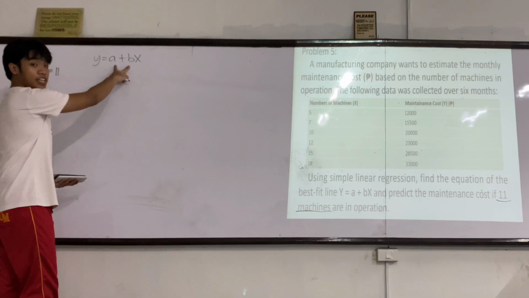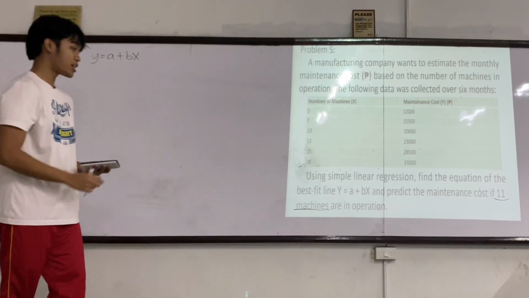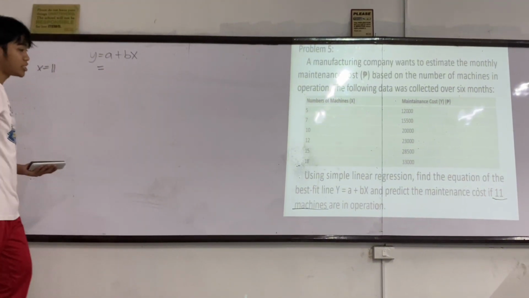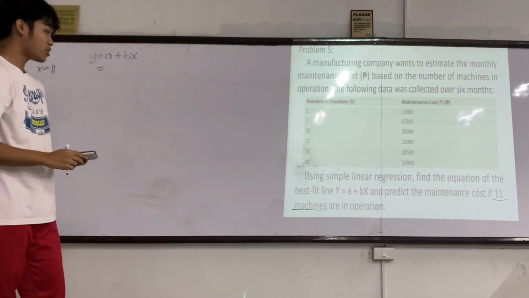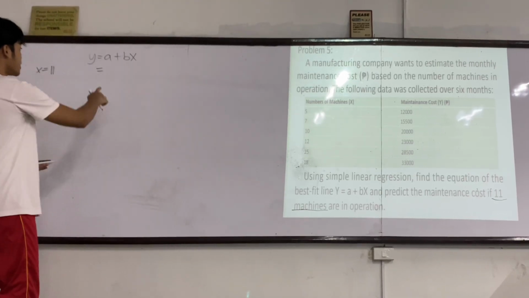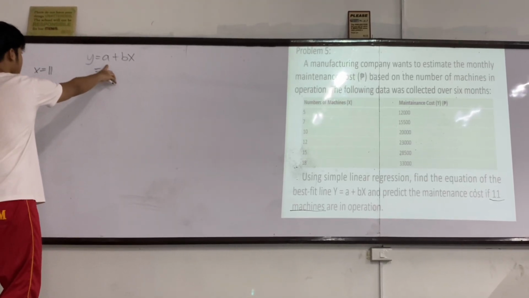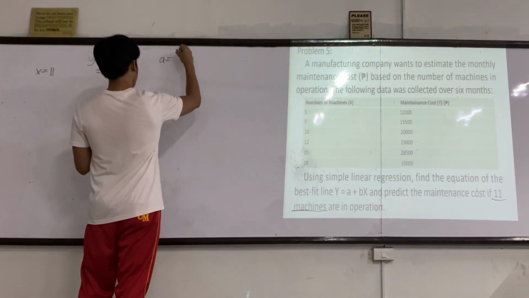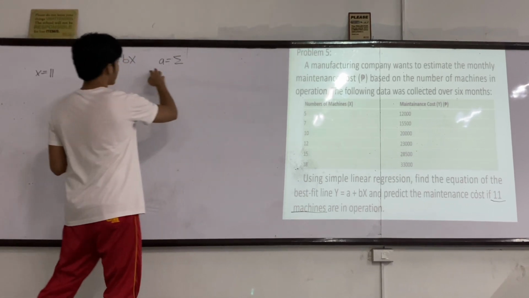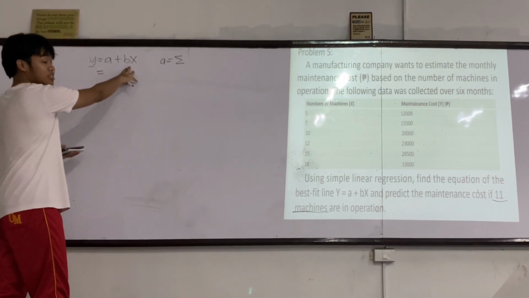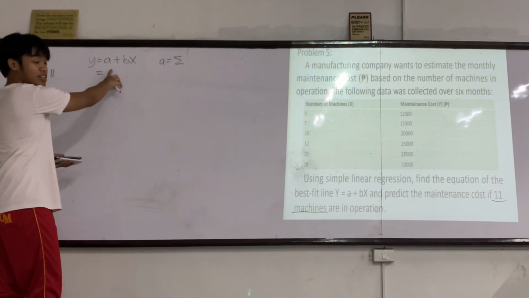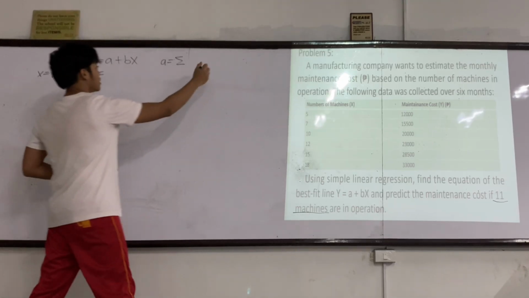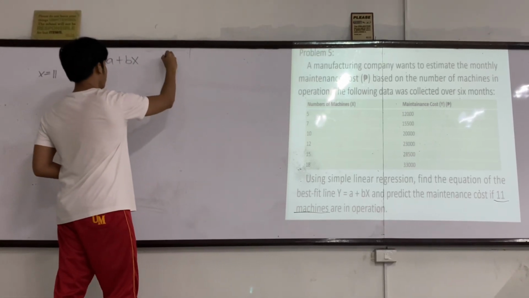So we will just need to find the values of a and b, or the slope and the intercept, in order to proceed with the main equation or the main answer of the problem, which is predicting the maintenance cost of the machines. So firstly, we will need to find the A. So the formula of A is A equals, we'll first need to find B, since the formula of A needs the B. So rather than finding A, let's first find B.